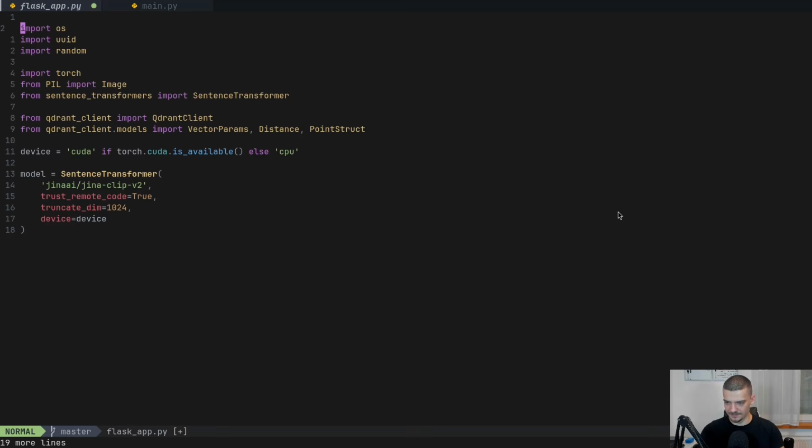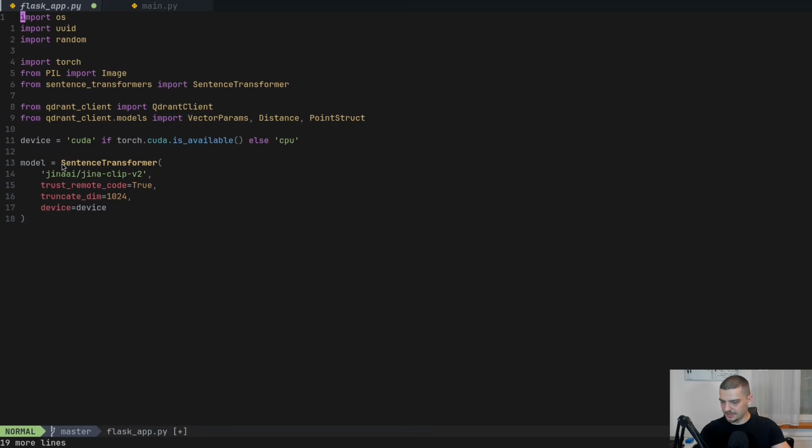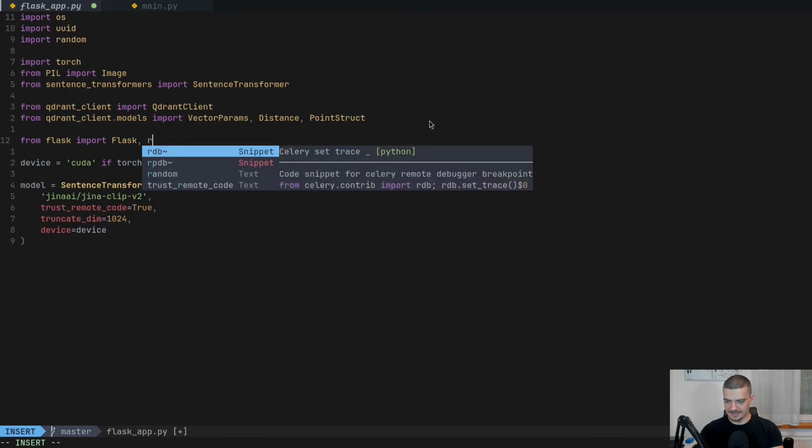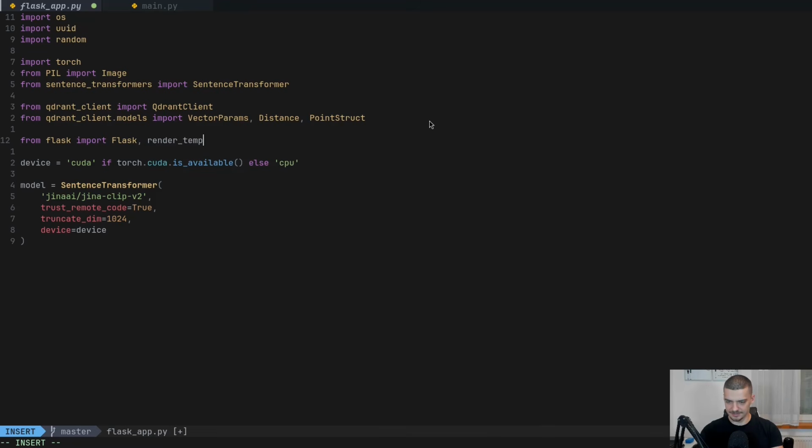Maybe we don't need all of it, but essentially we still need to load the model. We still need to decide on the device, and then we're going to do everything like the inference and the uploading through Flask endpoints. So I'm not sure if we're going to keep all of this. Maybe we're going to remove some stuff, but now let's say from flask import Flask, render_template, and I think